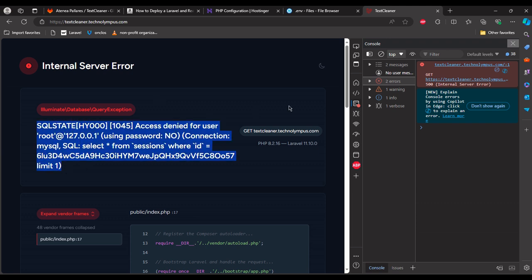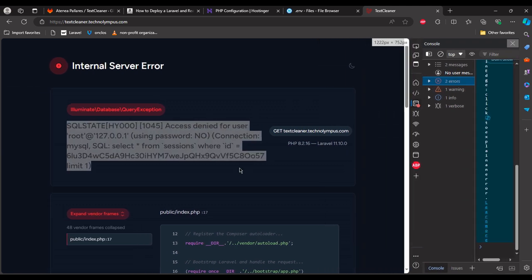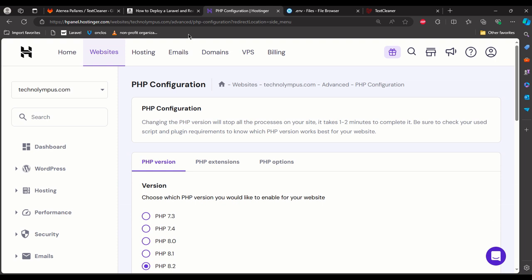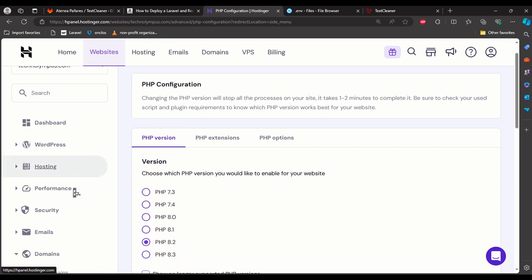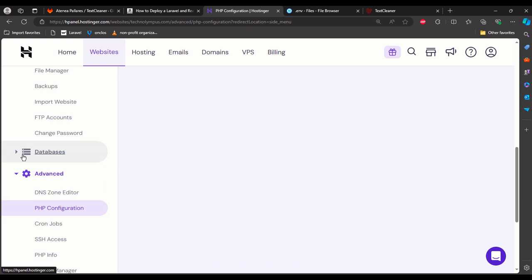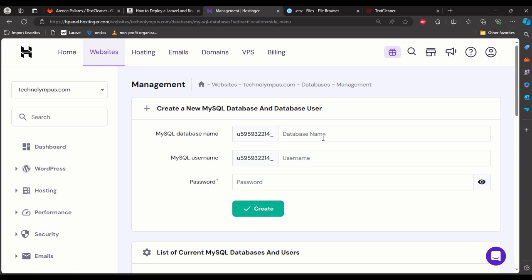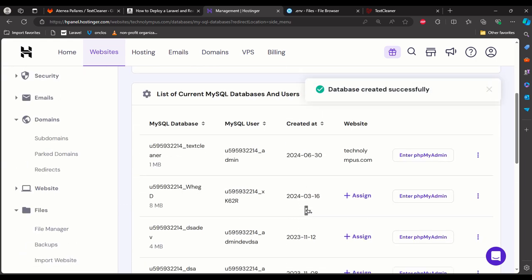Okay, we have to also do the settings for the password for the database. So let's go to the DB. So from here we look at the databases, we go to management, we create a new database, and let me call it text cleaner, and I'm going to use admin, and I'm going to set a password, and I'm going to create it. So we already have this,